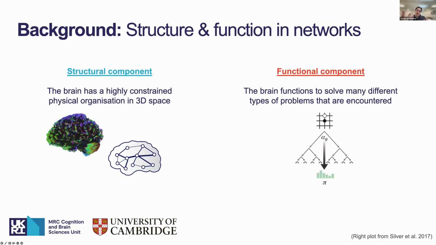Whilst these research communities can be seen as somewhat separate parts of neuroscience, with structural research and functional research, there are obviously links between them, right? We assume that the structural components influence the function of the brain, but also that the function then goes back and probably influences the structure. This is an assumption most people in neuroscience would have, and it's nearly too obvious to put on the slide.